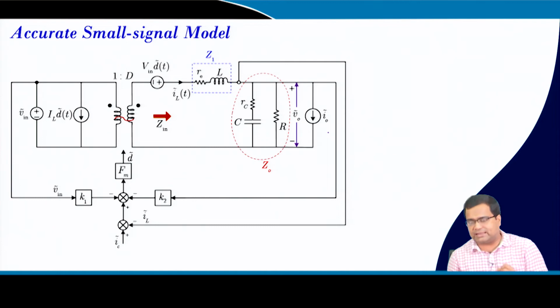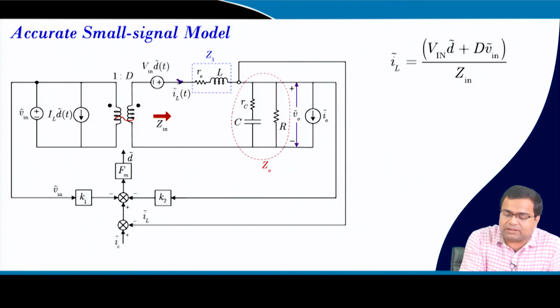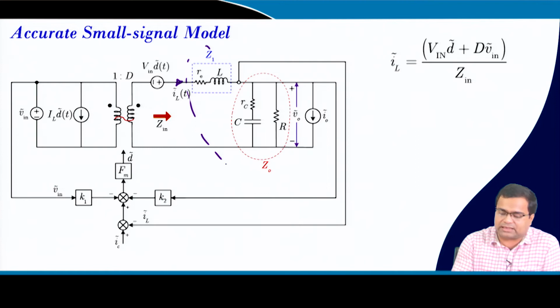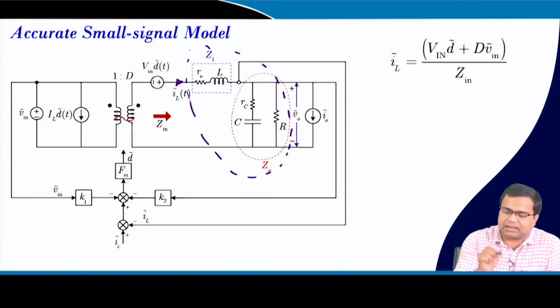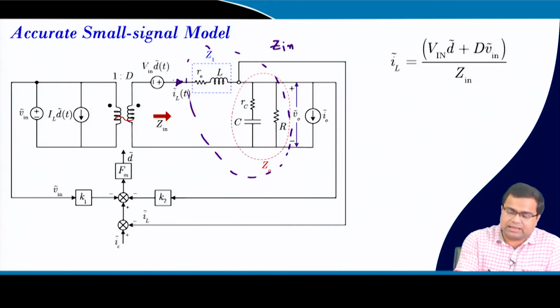Now, if we want to get the accurate small signal model, we want to obtain this current IL perturbation, and let us consider this whole branch as an impedance, and this impedance is nothing but my Zin impedance. That means, if we do not consider any load perturbation, and if we draw this circuit, that means if you draw this side